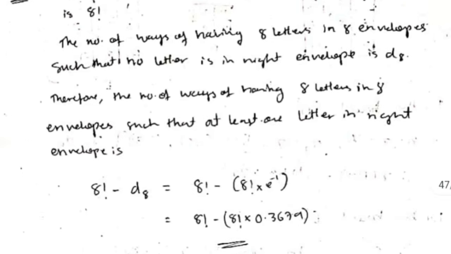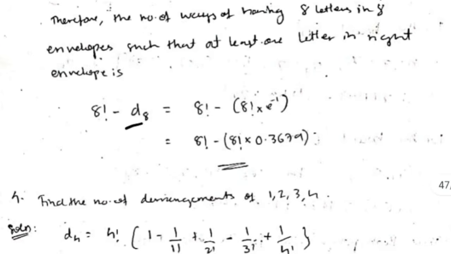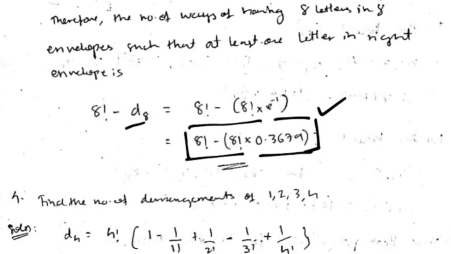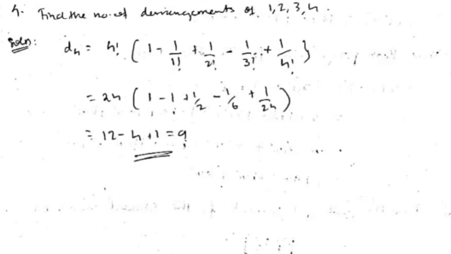So when we subtract this total number of ways minus no person gets, we will get the number of ways in which at least one person will get the right letter. Okay, in this question we have been asked to find out the number of derangements of 1, 2, 3 and 4, and since there are 4 digits we have to find D4, and by applying the formula we will get